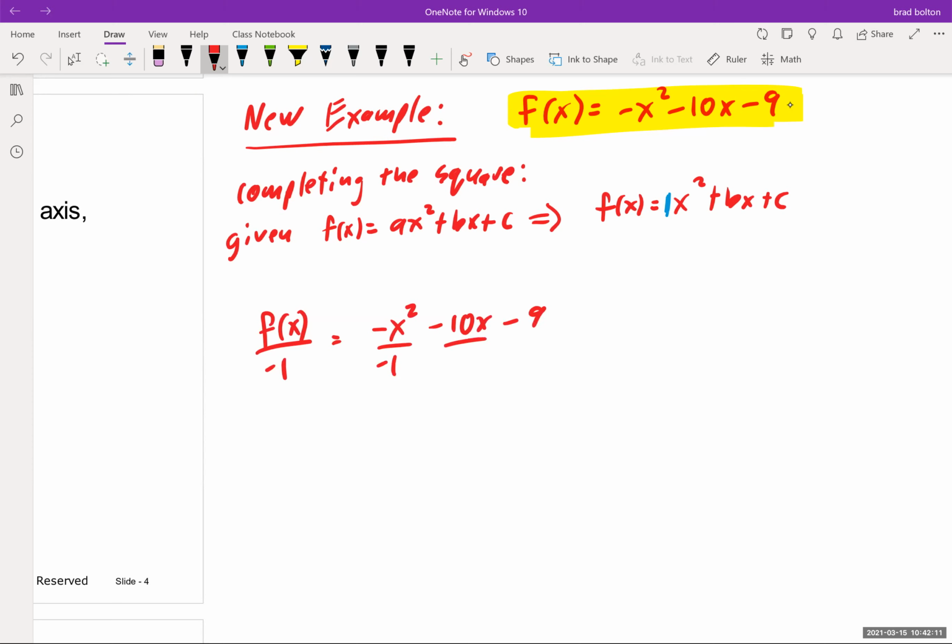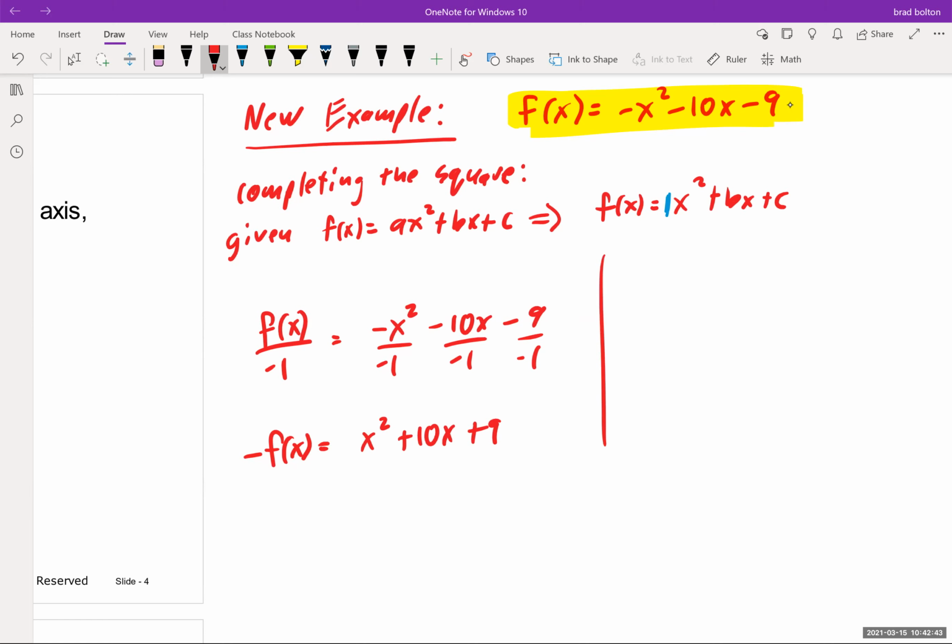And I'm going to divide each one of these terms by negative 1, including the f of x. So now I have this new situation where I have negative f of x equals x squared plus 10x plus 9. Now, the thing is, when you're doing completing the square, you always take whatever b is,